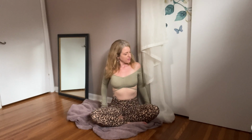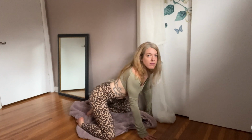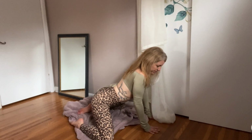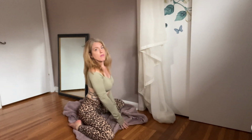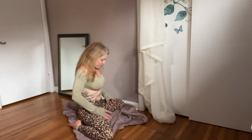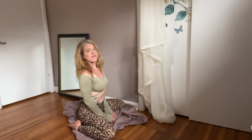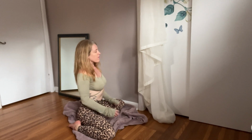Now, if you're feeling comfortable with that movement, I invite you to try the advanced variation. I will come to a side sitting position, but you are spreading your knees apart. If you are familiar with frog pose, your knees are spread apart. If you can bring your bottom to the ground, you could place a pillow underneath for support to prop you up,